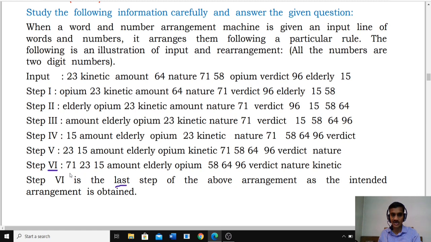71, 23, 15 odd numbers in the descending order. Odd numbers in descending order. Next,